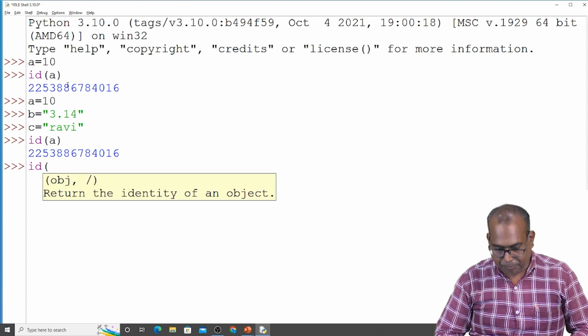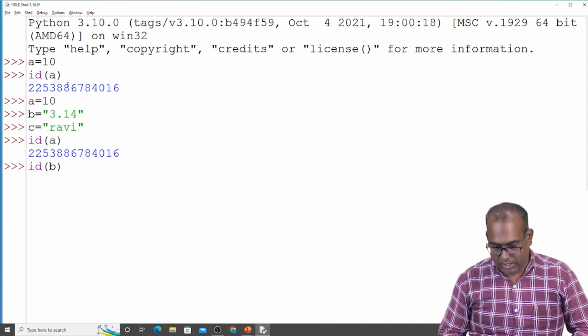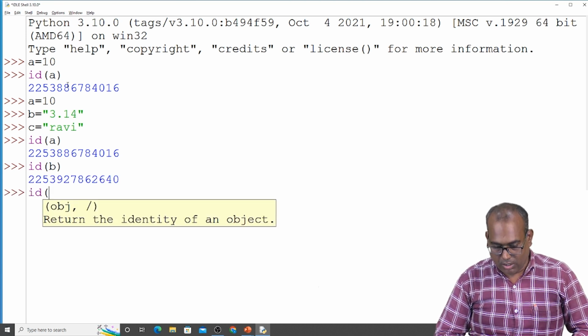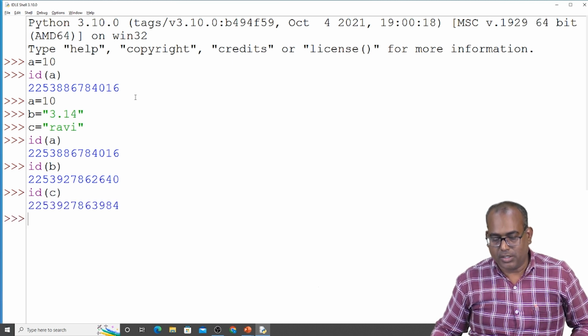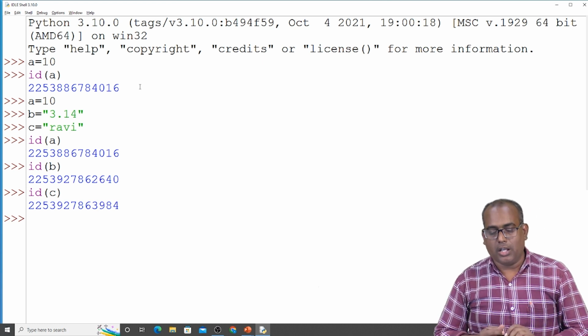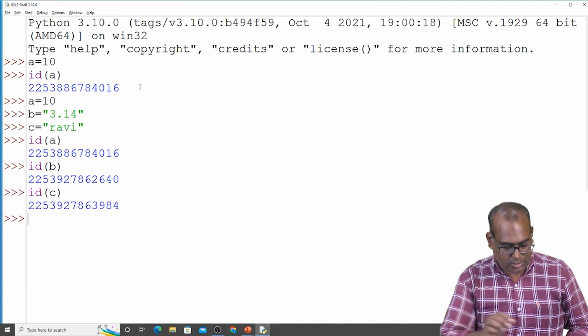id of b. It gives a different address. id of c. It gives a different address. This means these variables are pointing to different memory locations. If you observe